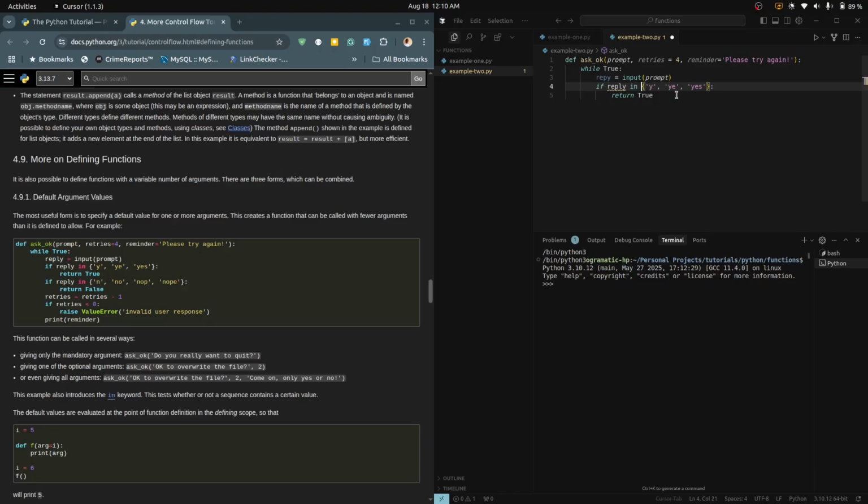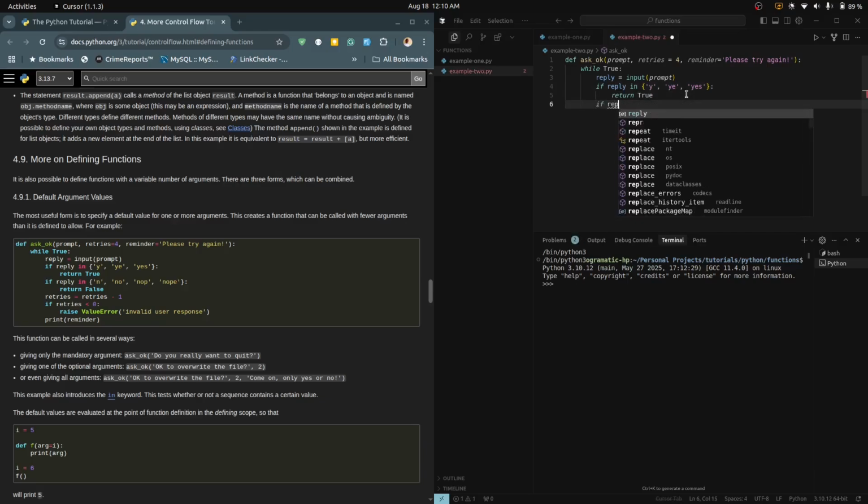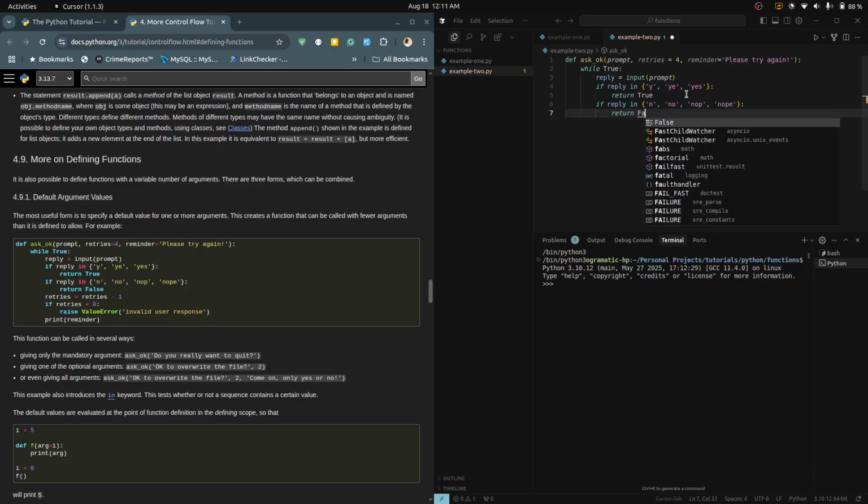There's something I'm missing here. Okay, I didn't define it properly. Reply. Now if reply in n, no, nope, or nop, then we return False,